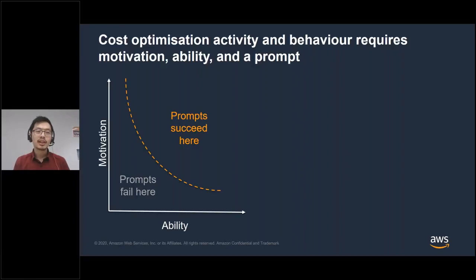Jeff Bezos quoted once saying that good intentions are nice, but mechanisms are what you actually need to get results. And so in terms of mechanisms, there needs to be a mental model and framework of motivation, ability, and prompts, which comes from a Stanford social scientist called BJ Fogg. Essentially it talks about when activity happens and when behavior happens versus when it doesn't. If there's enough motivation and enough ability, when people are prompted to do something, then the activity